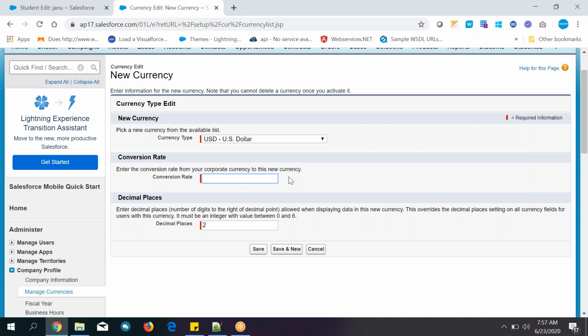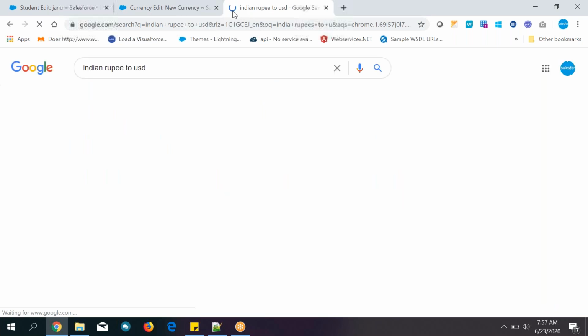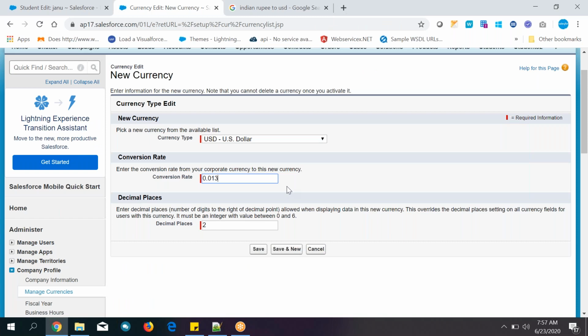If you compare Indian rupees to US dollars, how will it be? Indian rupees to dollars, 0.00 conversion rate, just give it. That means 1 rupee is equal to 0.13 paisa, something like that. With 2 decimal places, save it.